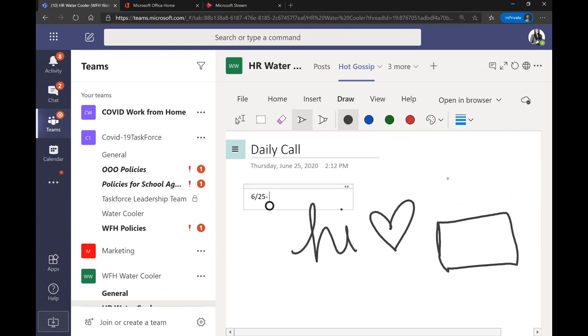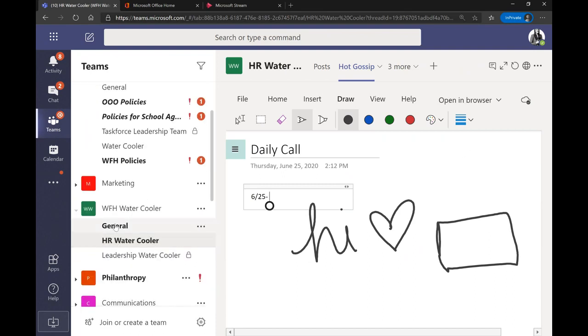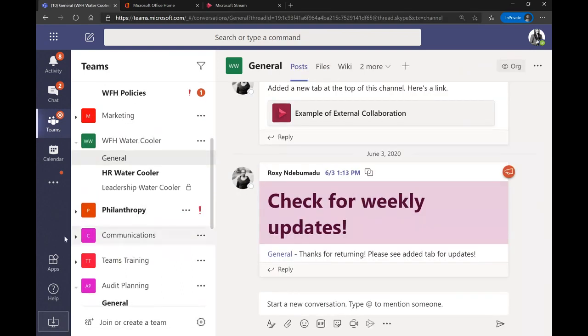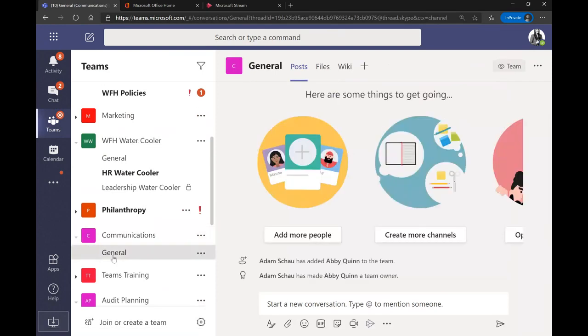It gives you a lot of flexibility. I think that it also makes it easy since Whiteboard isn't available. Like Adam said, it's a great substitution for the whiteboard functionality. So thanks Adam for adding that in. And I will go ahead and move on to, I want to show Planner. Planner is one of my personal favorite Microsoft